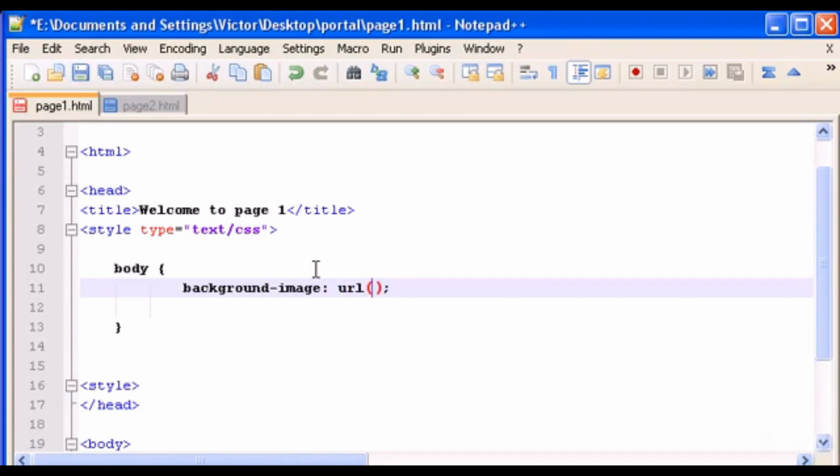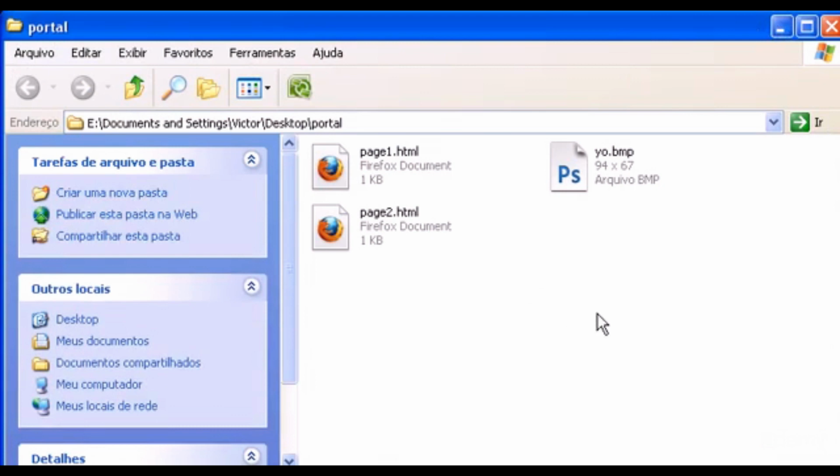Inside URL we have to write the name of the image file, okay, we have placed in the same directory